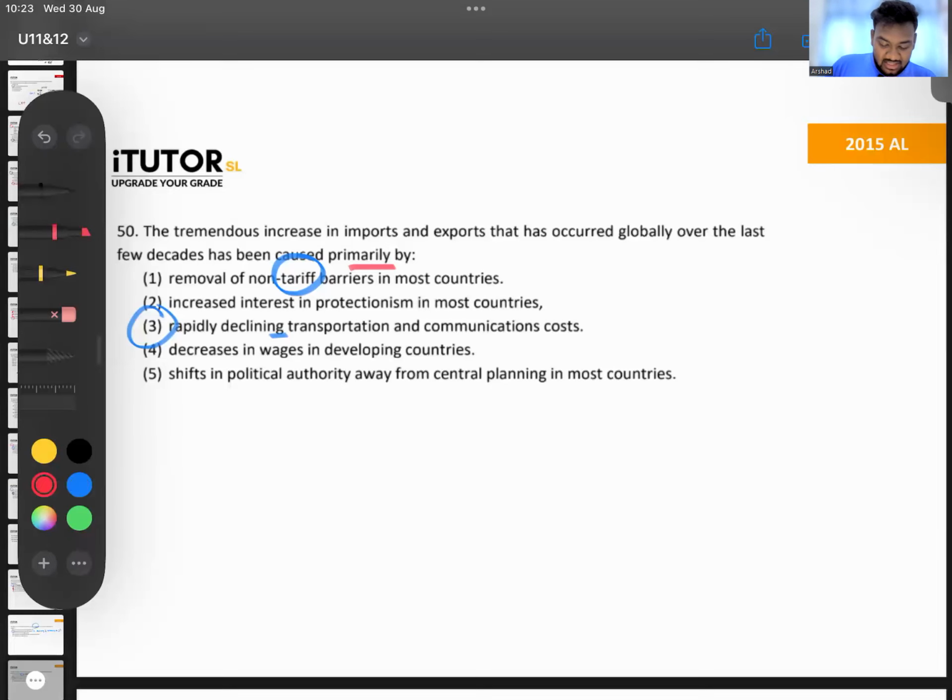The fall in transport and communication costs. Now, just think: 20 years ago, if you had a company abroad, how could you communicate? There wouldn't have been telephone lines and all of that, right? So now what happened? Now you can easily have a Zoom meeting, and transporting is easy. You can fly today, and in 5 hours you can be in another country, right? All of that has developed. So because of the fall in cost of transport and communication.